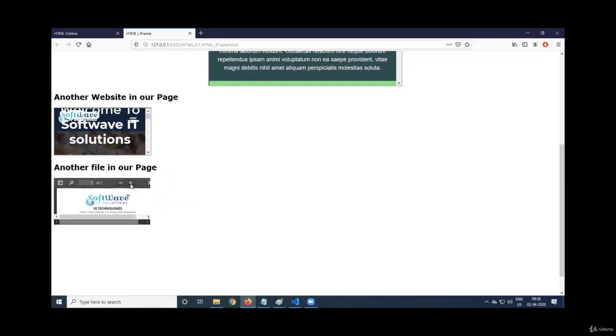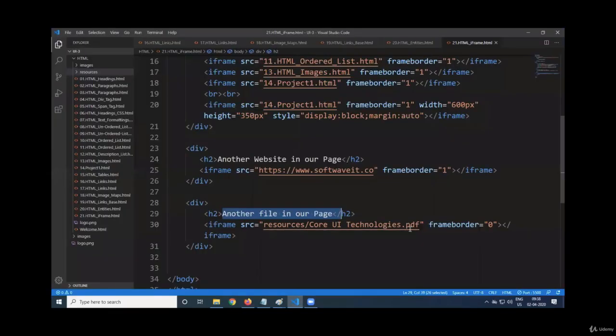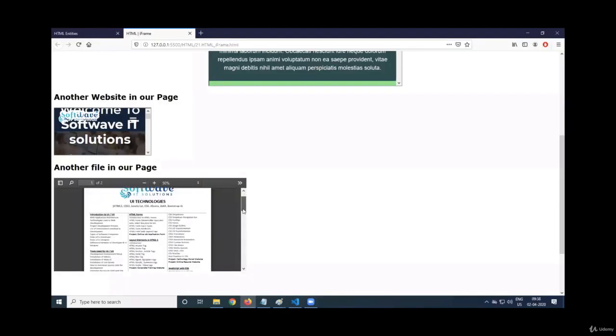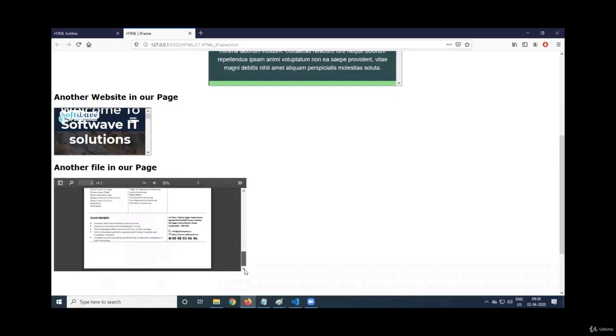I'll just increase the size. So you're able to scroll down and you can see the complete thing. This is the PDF file. You can increase the width and the height also. So I'm just increasing the width and height. Width is equal to, like what we have done before, 600 pixel. Height is equal to 300 pixel. So we are providing our own width and height. You see, width and height is increased. We got the software iframe.